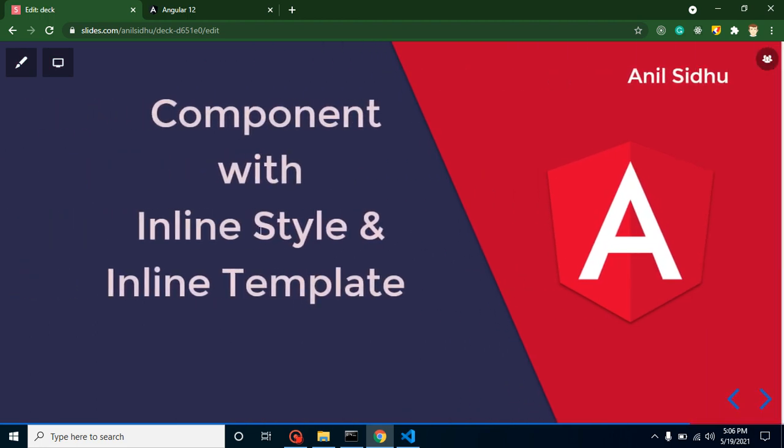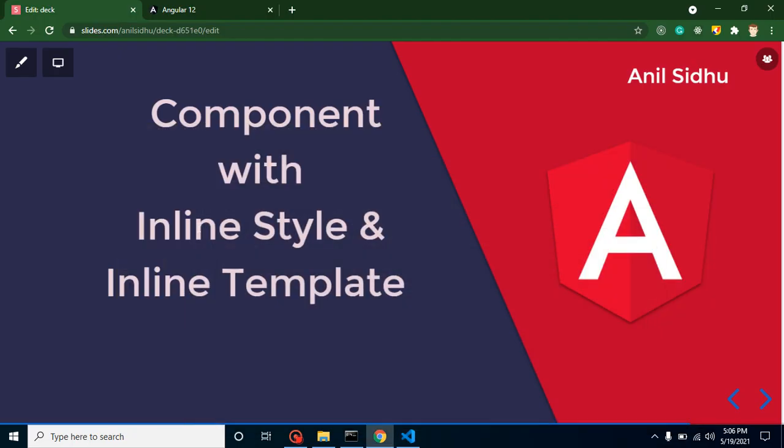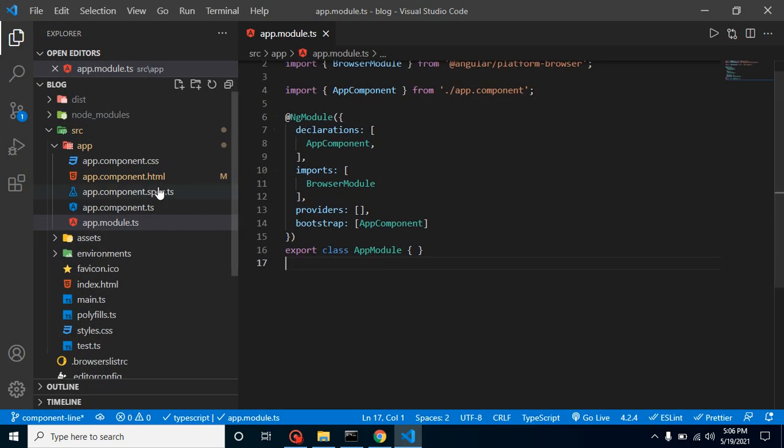So now let's see how these inline style and inline template components look like. By default, we have four files in every component: CSS file, HTML file, spec, and TS. So let's say you want to use inline style in your component. That time there will be only three files: HTML, spec, and TS.